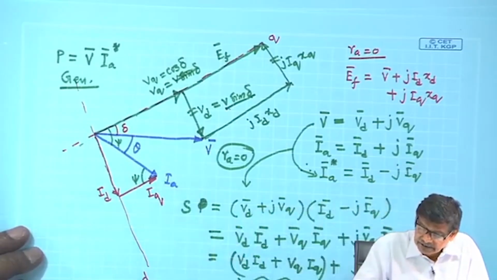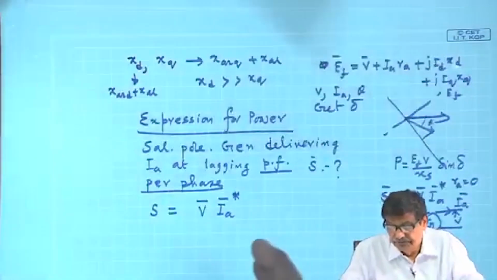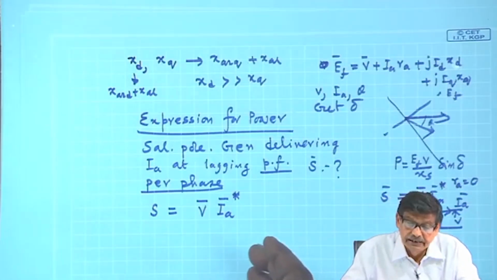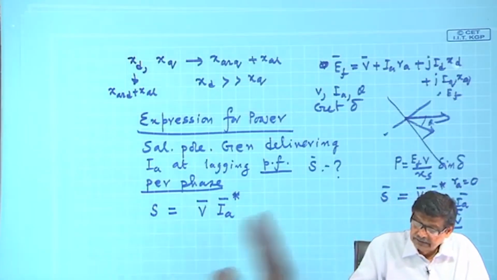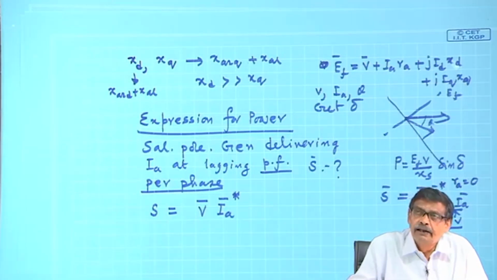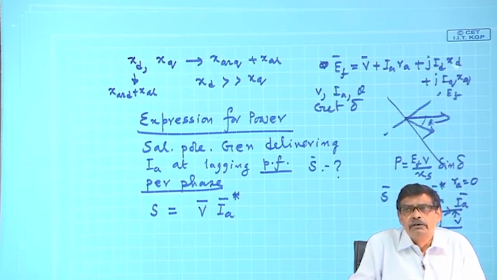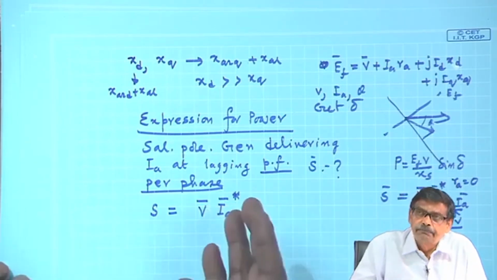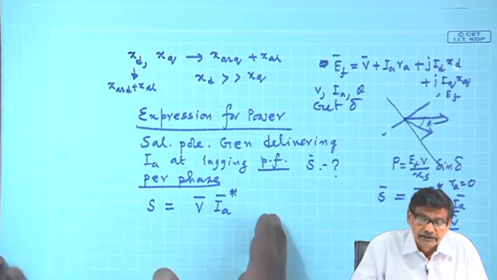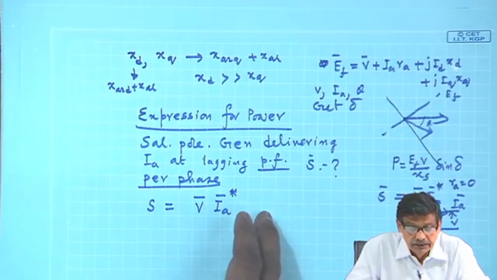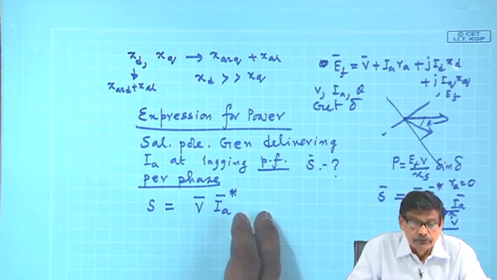Put the values of I A star, get rid of I d and I q from the phasor diagram, and you can get the power delivered by the machine. I will leave as an exercise to you to find the expression for the power after drawing the phasor diagram of a synchronous motor,